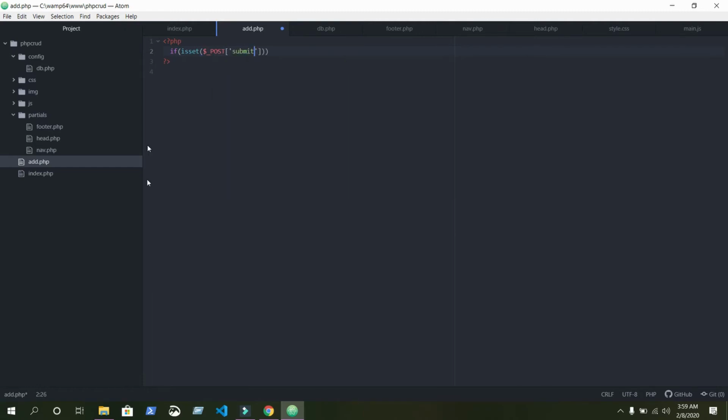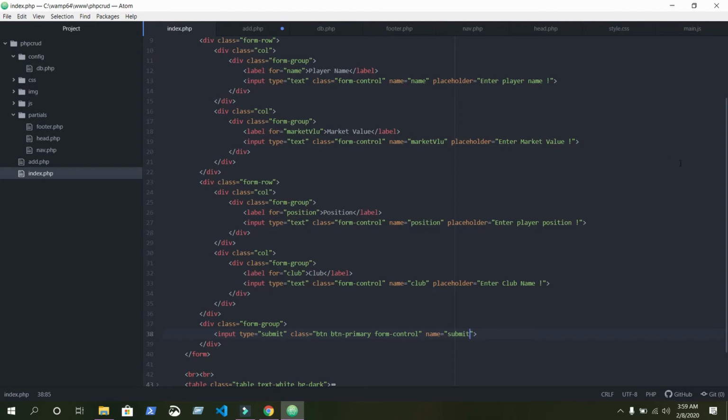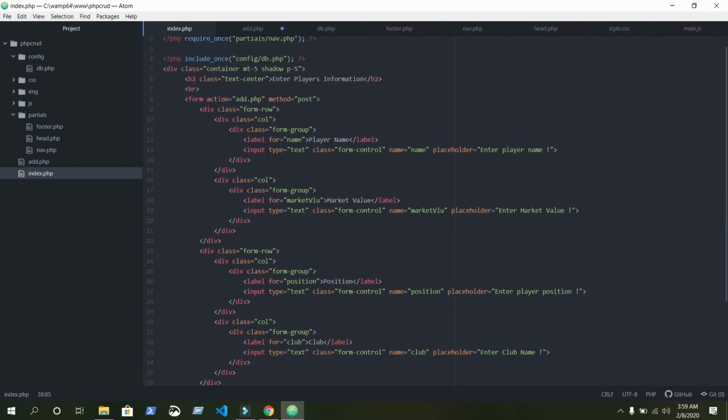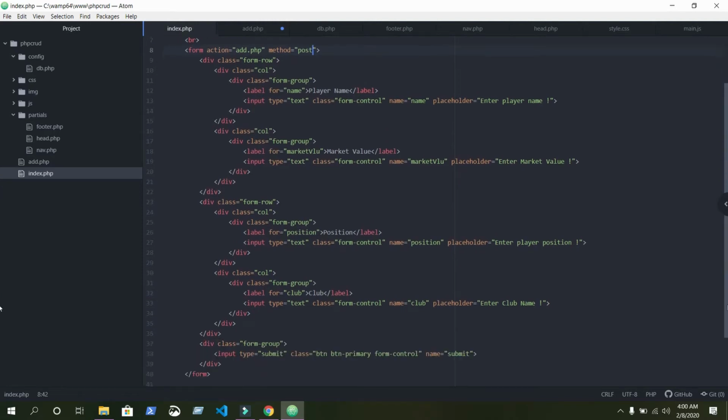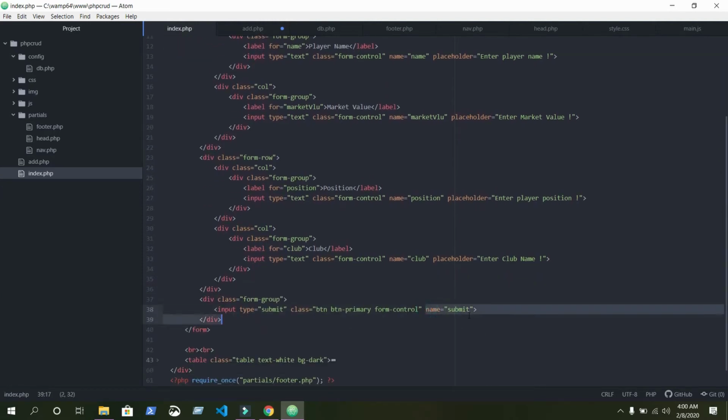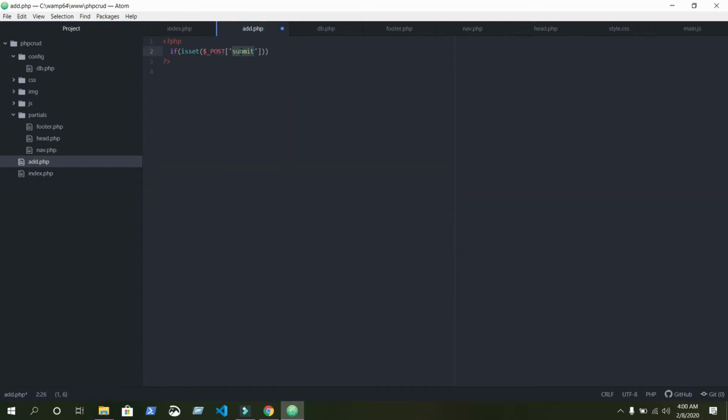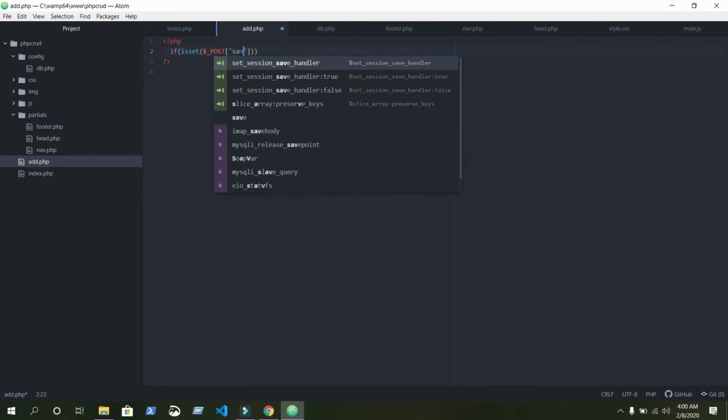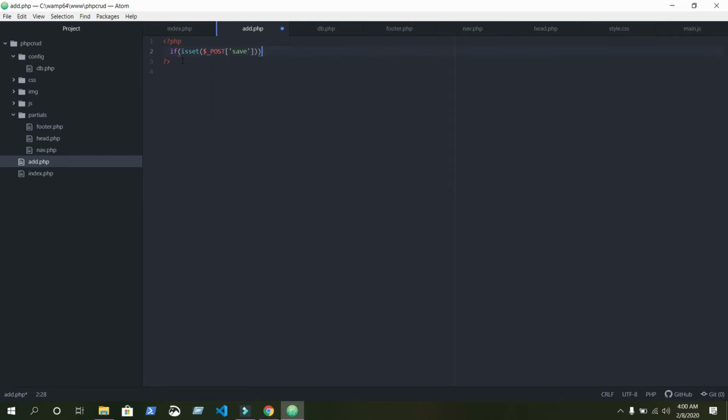I will explain everything. I am saying if I click on this submit button, by using this post method, we need to have this post method inside our form. We have this post method. You see, submit is the name of our input. You see below here, this is the name submit. If you write something else, for example, save, now change the name to save. When you click on the save